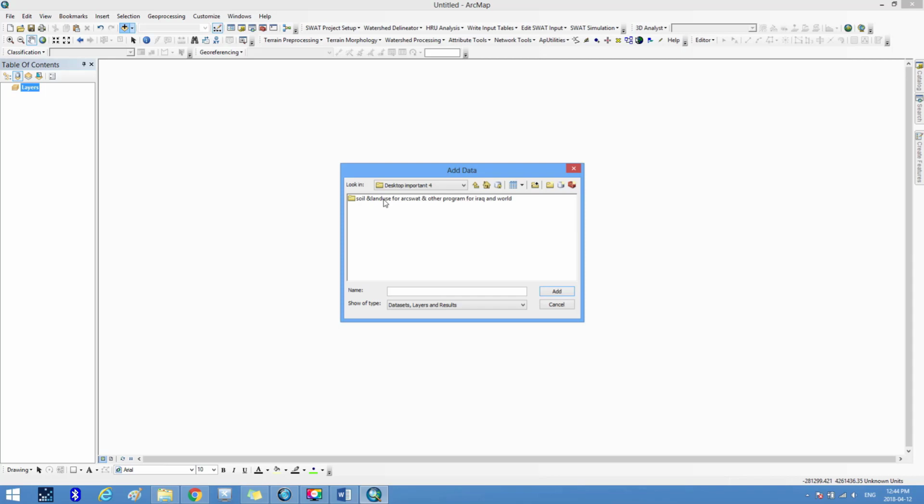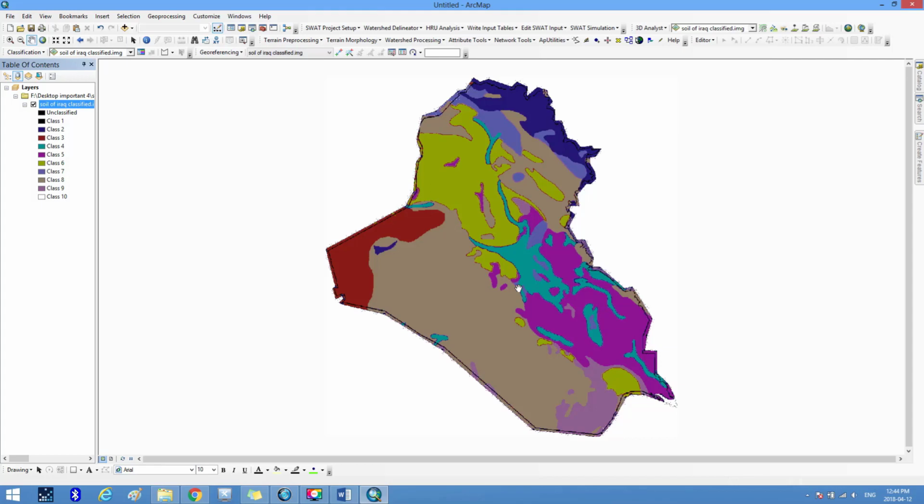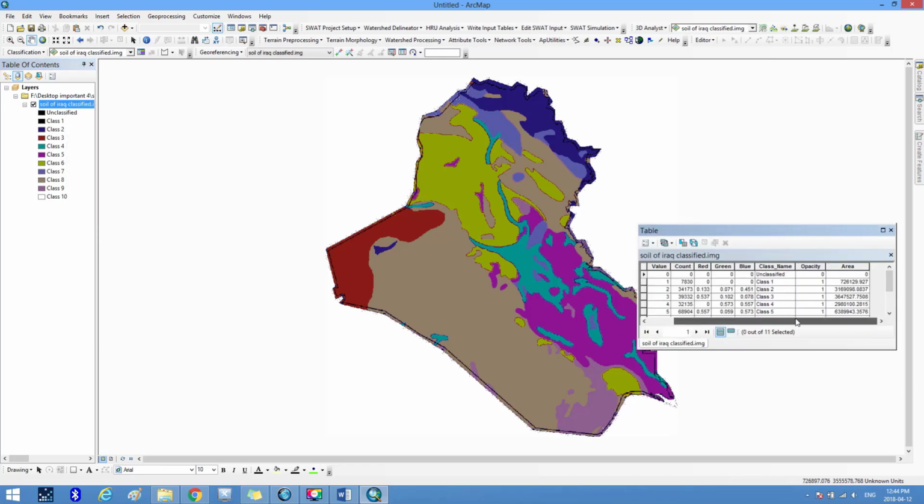As we see, it's titled Soil of Iraq Classified.img, where we open this image, then we go to the table of contents and right click on it, then open attribute table, and the table appears containing the data fields for this classified image. Then we go to table options